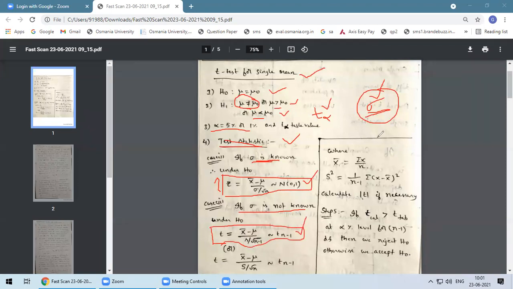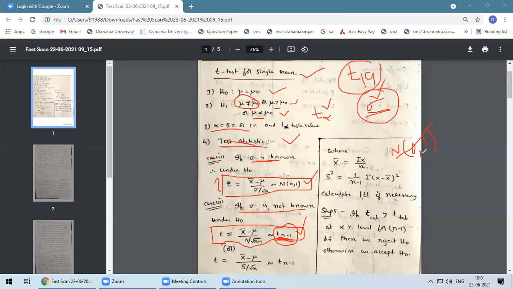This is important now. In all large samples, it follows N(0,1). There will be no problem in large samples. But in small samples, this is important. If you want to see the table value, this is important. It follows what? It follows t n minus 1. This concept is important. Suppose if n value is 20, t n minus 1 means t 20 minus 1. That means t19 table value you have to see. If n value is 20. So that is the reason follows t n minus 1 is important for identifying the table value.